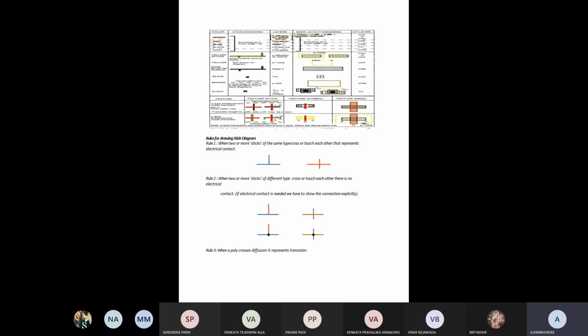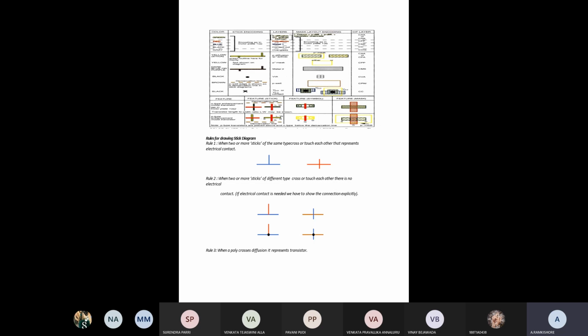So we have to use only the NMOS transistors. But coming to CMOS, in this design we have to use both the NMOS transistor and the PMOS transistor. So here we have to use both N-type material and P-type material. For that we have to differentiate both the transistors, that means the n-type transistor and the p-type. So in CMOS additionally we have to add another p-type transistor.